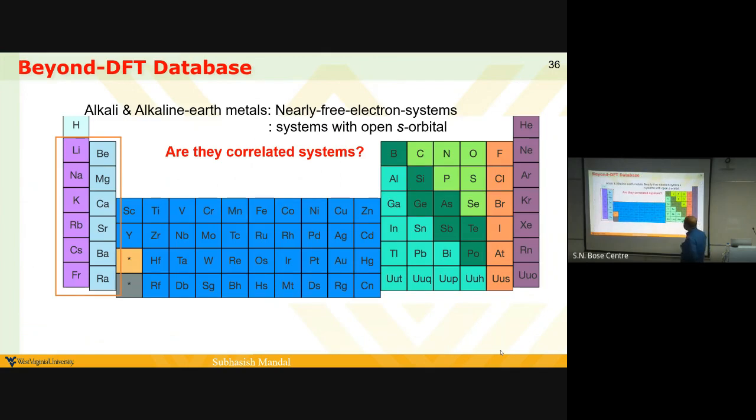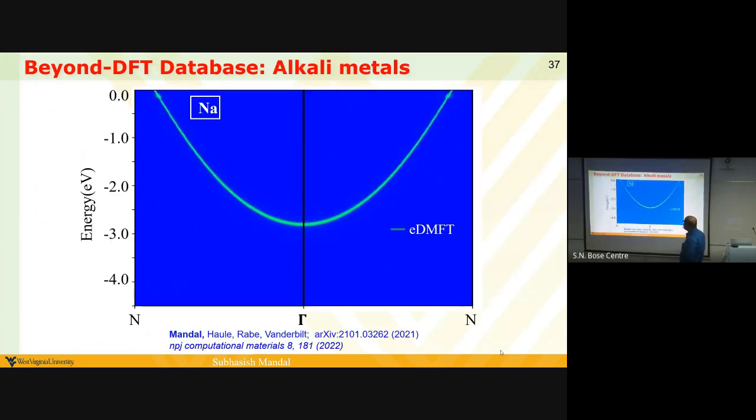Now, a very exciting result is here. We always look at strongly correlated material. If you want to look at strongly correlated material, we search this part of the periodic table. We wanted to see what happens for just the alkali and alkaline earth metals, which are a textbook example of a nearly free electron system. If you open up any textbook, you see the nearly free electron system with the alkali metals. So are they correlated? This is the question that we wanted to ask, so we did DMFT first and then compared with the experiment.